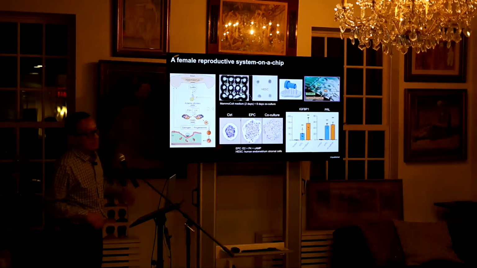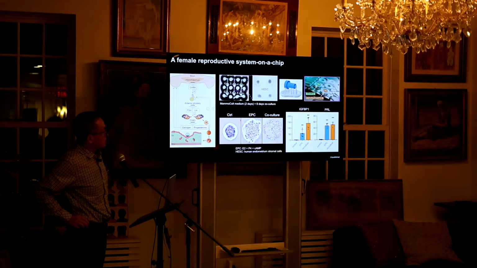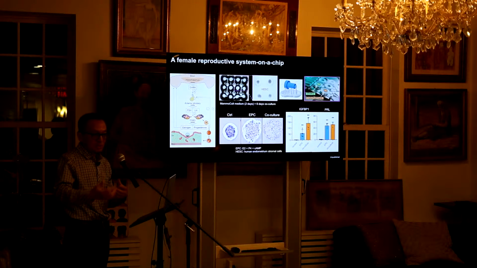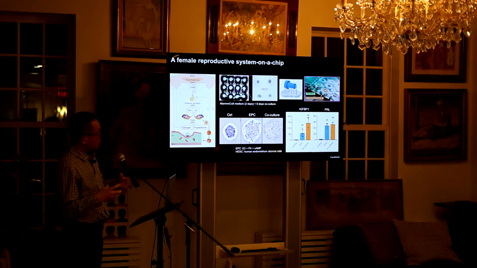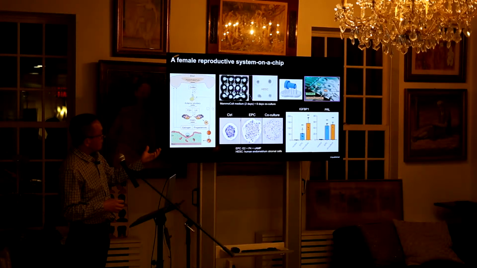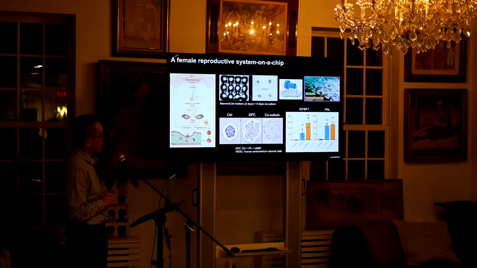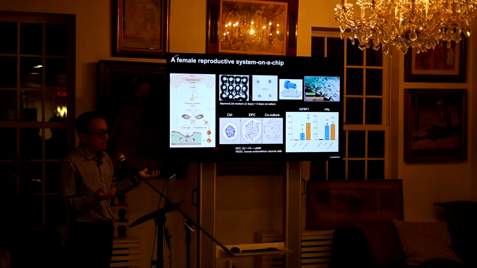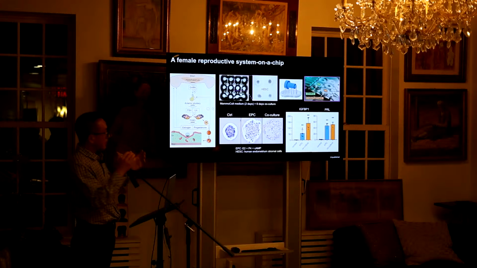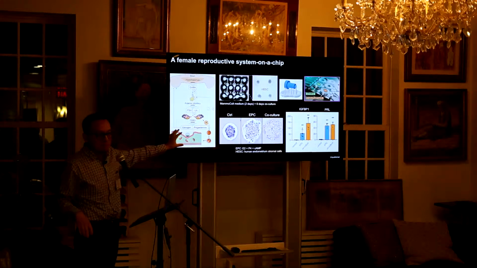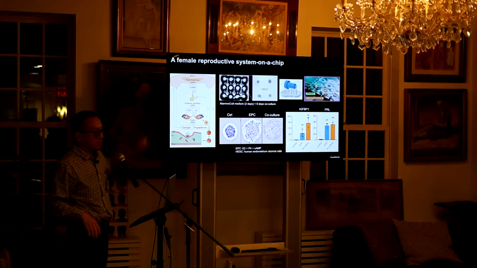So we just use the same idea, a hydrogel encapsulation method, but we collect the human endometrial and stroma cells, which compared to the ovary is relatively easy. We still do the 3D culture, and we want to induce the decidualization process to mimic the uterine receptivity and the embryo implantation. Overall, the answer is yes. We can use estradiol, cyclic AMP, and also progesterone, EPC, which is very well accepted in the field. You can get a lot of papers using EPC.